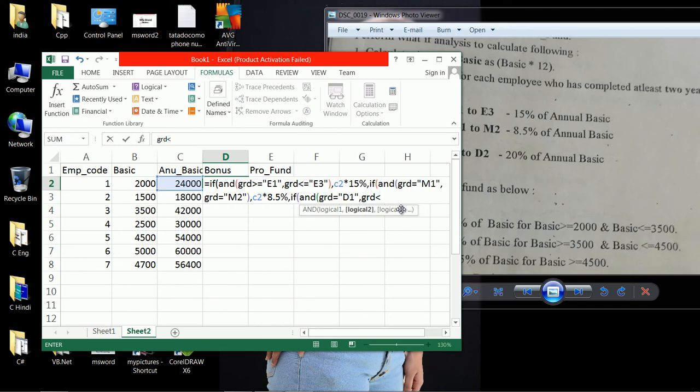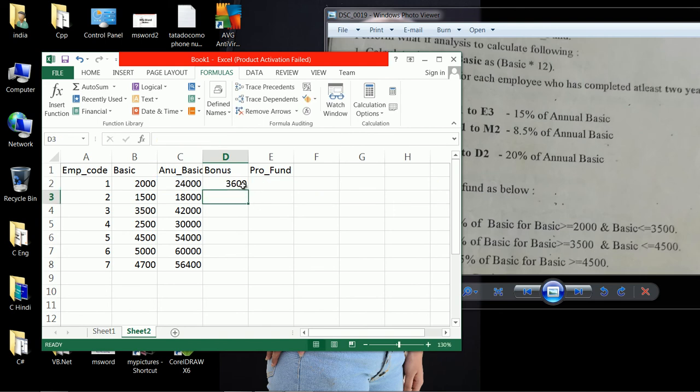GRD is equal to D2. Complete the double quotes, then C2 into 20%, and there is no grade other than these grades. Then appropriately close the brackets: first bracket, second bracket, third bracket.